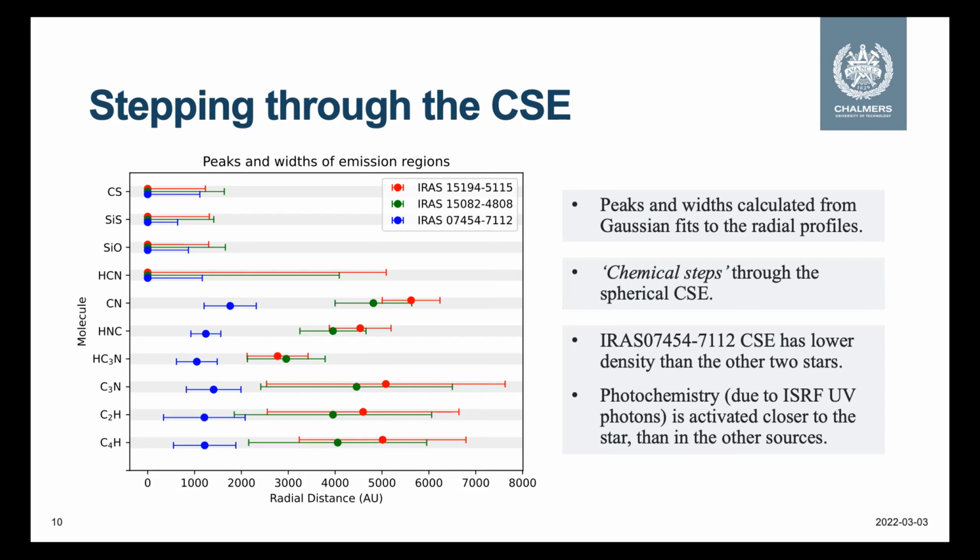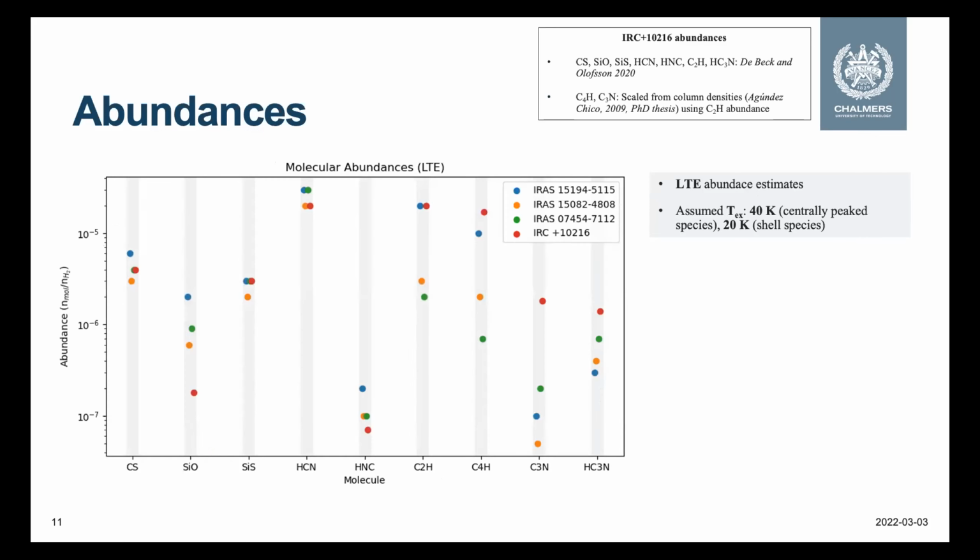I would like to point out that for the centrally peaked molecules, CS, SiS, and SiO, the widths that I show here are probably underestimated because I just made these plots very quickly yesterday from Gaussian fits that are not very good. I think if we fit multiple Gaussians, we will be able to improve these. But like I mentioned, this is analogous to chemically stepping through the envelope and seeing the different molecules. And then we also have some initial abundance estimates, which I have to again say are very, very